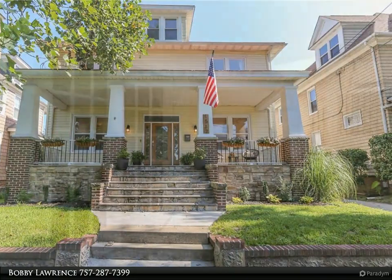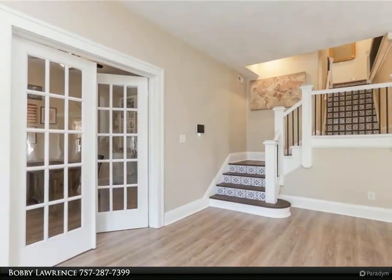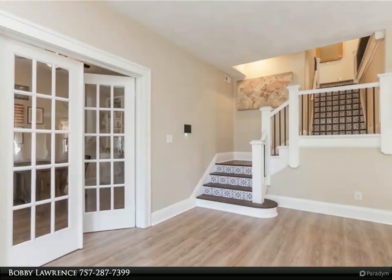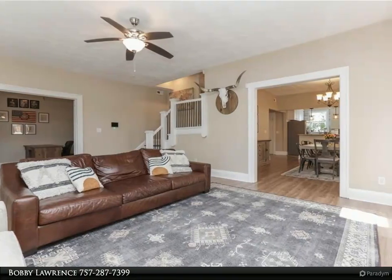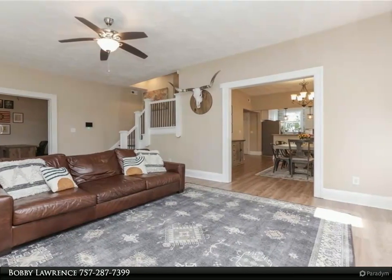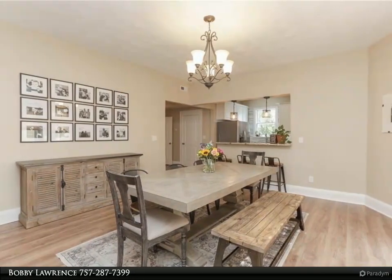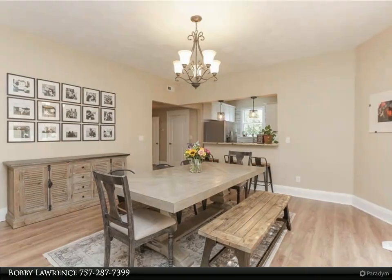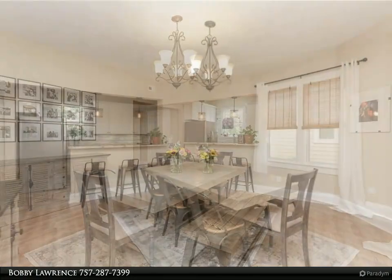You will enjoy touring this classic colonial home with large front porch centrally located to all of today's conveniences. Fully restored in 2021, this home has all of today's modern conveniences that home buyers enjoy, including large formal rooms, LVP flooring, open kitchen concept with granite countertops, stainless steel appliances, tiled floor and backsplash, a true first floor bedroom with hall